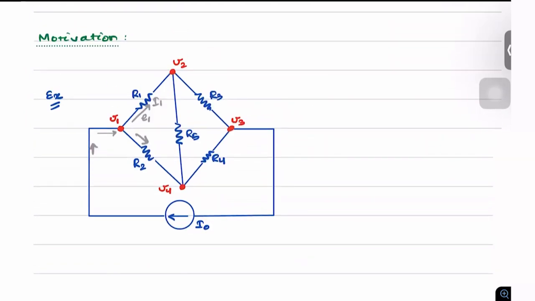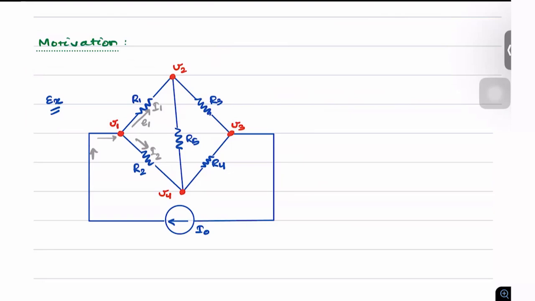And similarly, the current flowing here is I2, and this is our edge E2. Without loss of any generality. Okay. Now let's first quickly write up here. This is I3. And this here is I4. And without loss of any generality, let's assume that current flows in this direction, and we denote it as